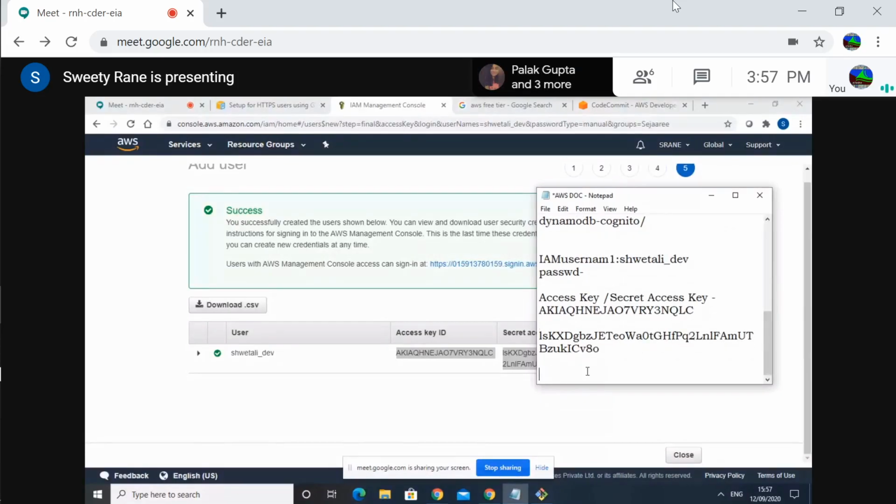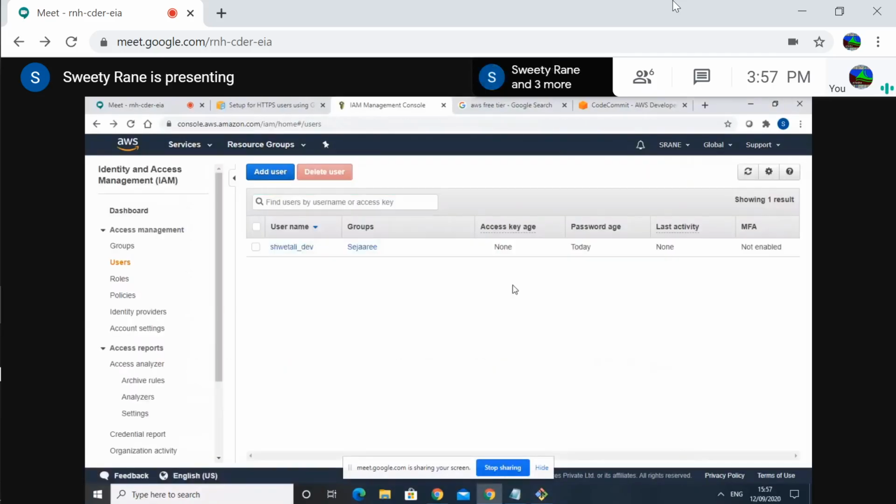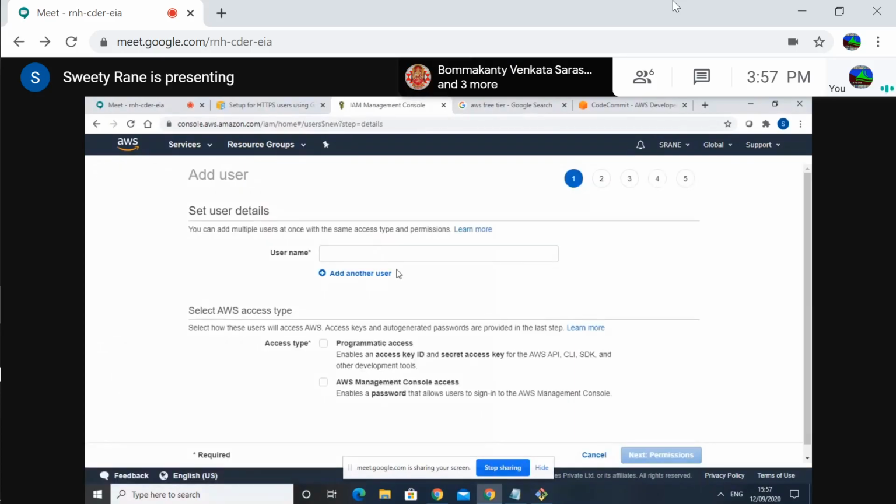Okay, save this file. And now what I want you to do is, okay, just go ahead and click that. Is it clickable? No, no. So close this, no problem. Oh, it's clickable. Okay. I want you to create one more user over here in my name. Add user and add him to the same group. You can say James underscore dev.